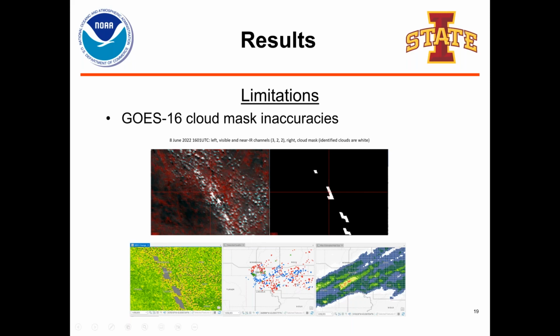So here's an example where you have, I think this is generally the Sioux Falls area. You have a lot of fair weather cumulus in place, but only a few pixels are identified as being clouds. And so not only is that going to tell the program that this is a clear sky day, but you're also going to get individual pixels of very large NDVI change, because those clouds contribute to big NDVI changes. And so in this case, that overlapped with a hail swath that went through Sioux Falls and identified a whole bunch of pixels as